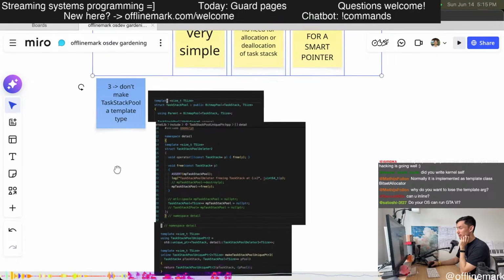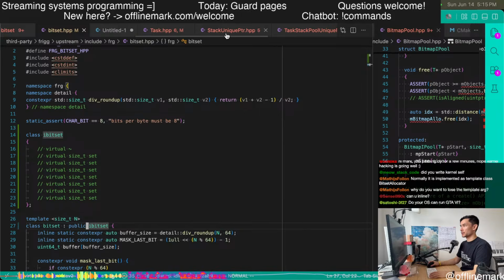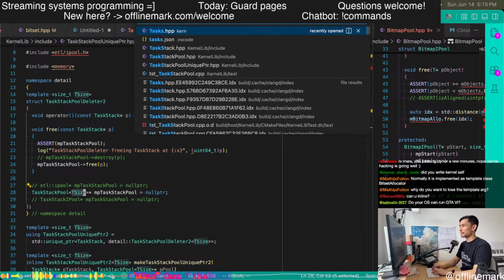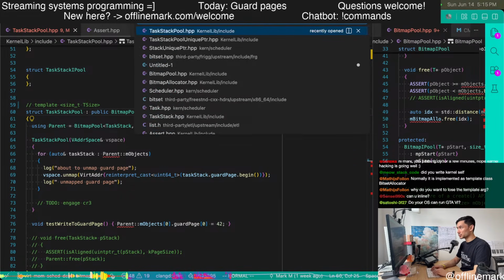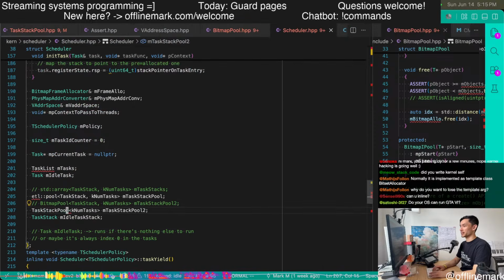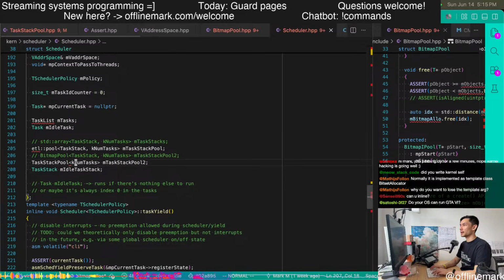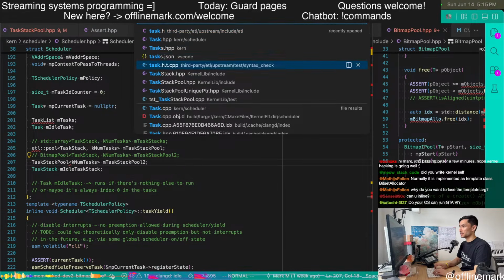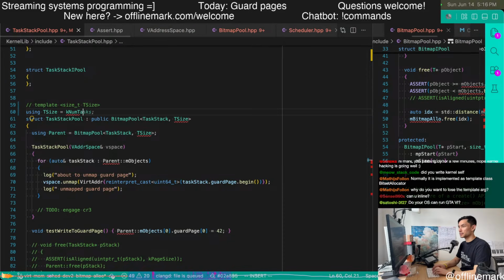Just to try to explain this thing though. The idea behind this is that, okay, we give up on the idea of making this a template type. And what we do is we take the constant from schedule.hpp, the kNumTasks, and something like this.